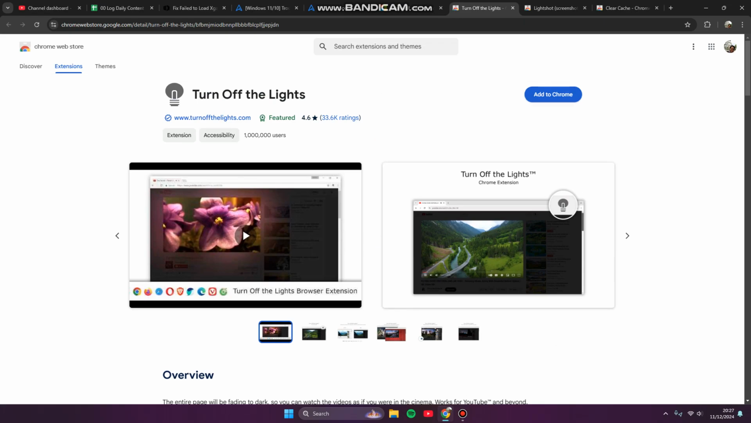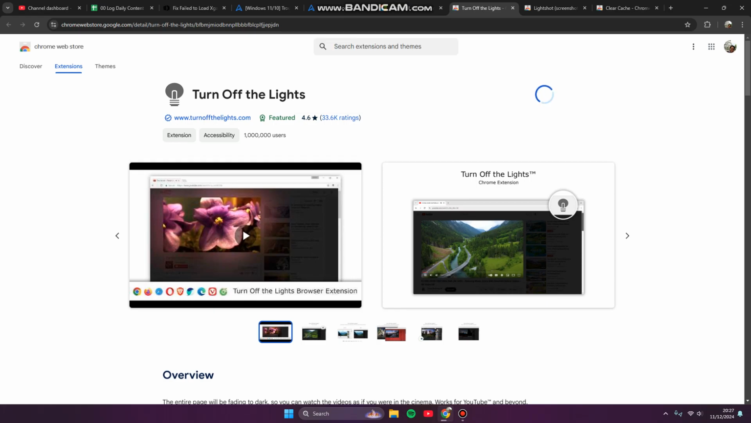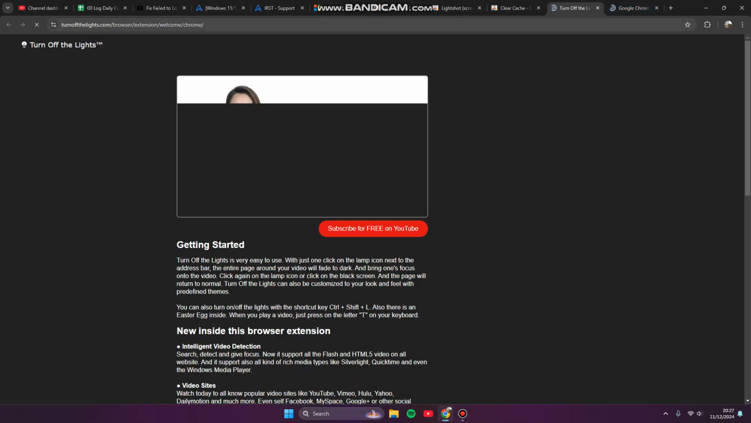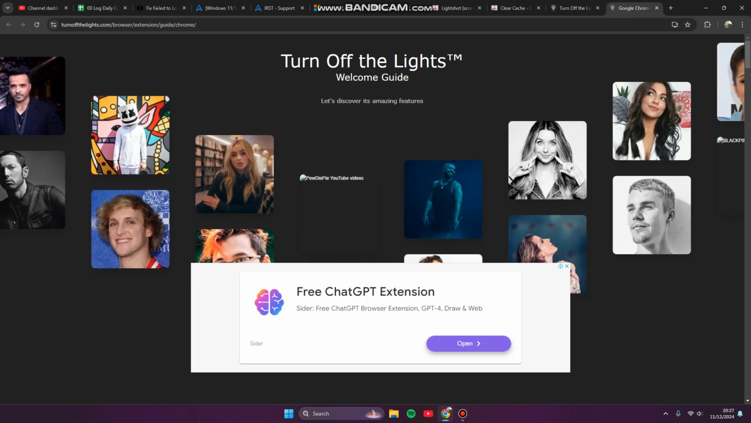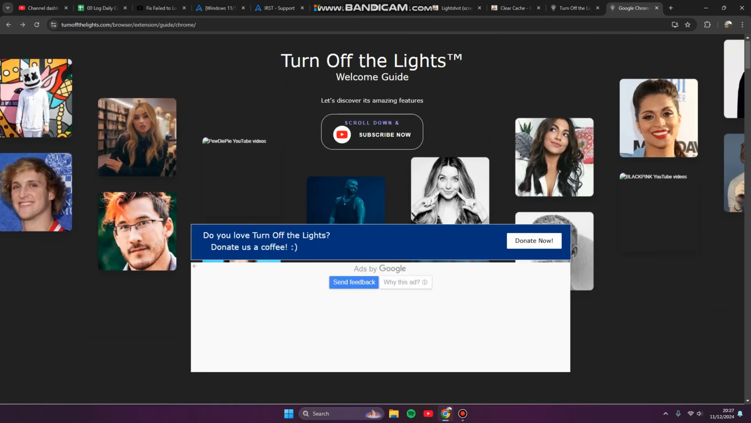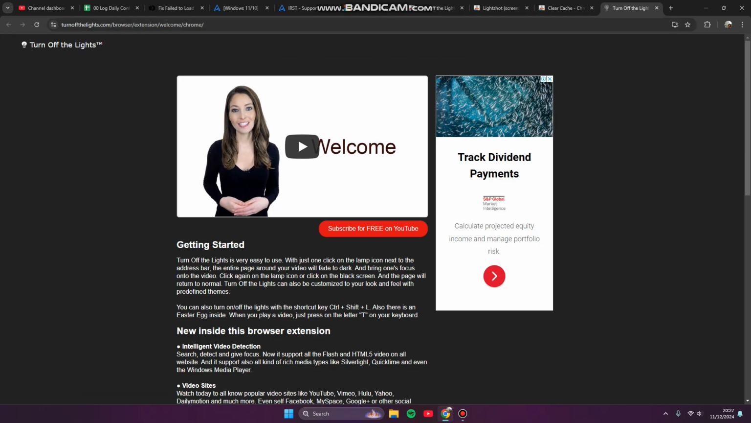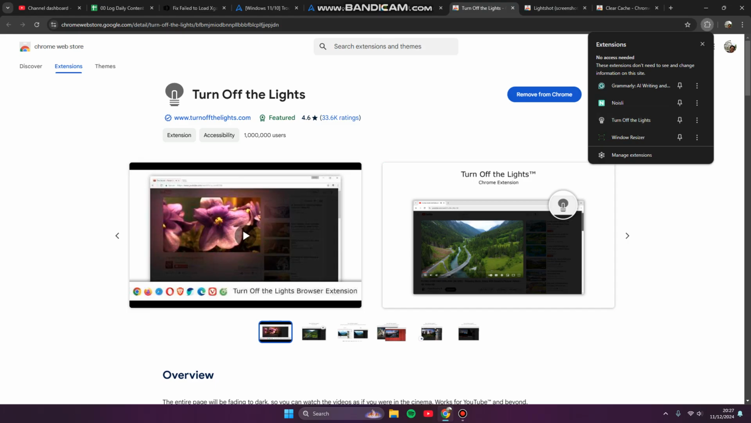Let's try adding it to Google Chrome. Add extension, and here we go. Wait for the progress. It's only 8.5 megabytes, and this is Turn Off the Light. So there are ads, but no problem. Let's close it. Let's close it again, and here we go. Turn Off the Light